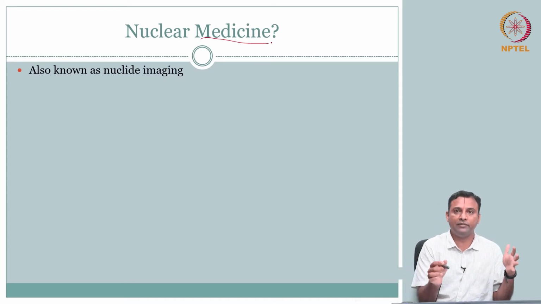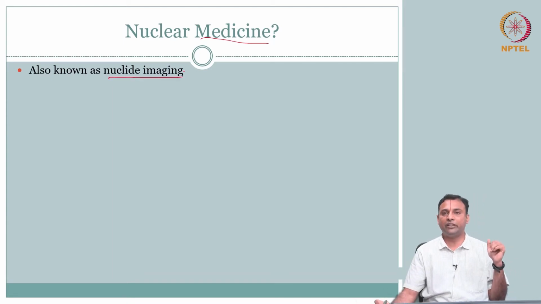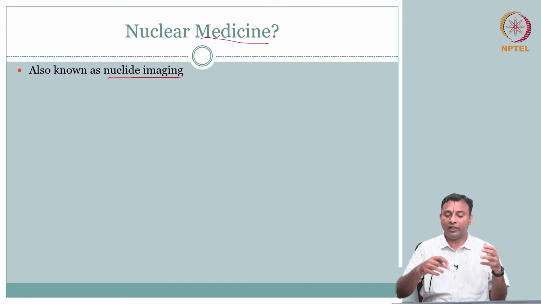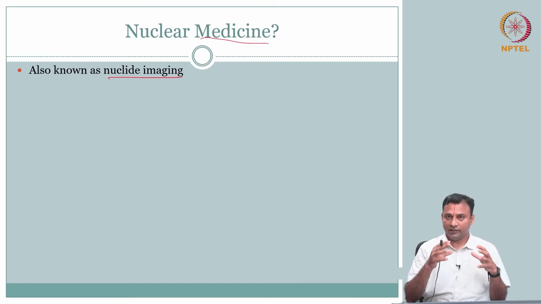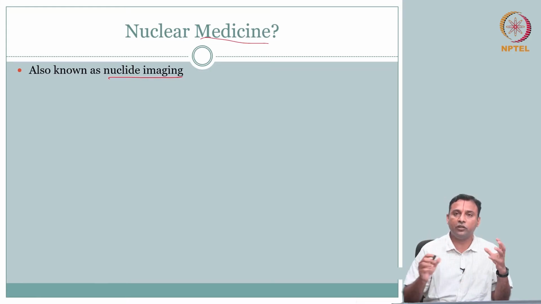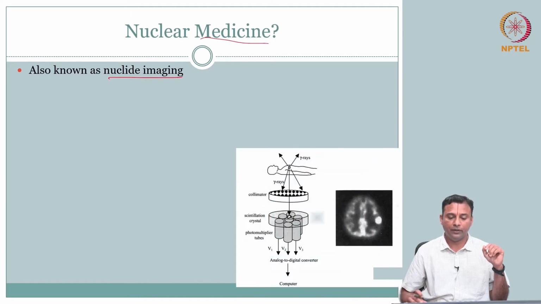But our interest, we want to look at it as nuclide imaging. So what is nuclide imaging? The name is very suggestive, right? Imaging of the nucleus. So what we did so far, we will again review that, but in the earlier modules about X-ray, we were more interested in the electrons, right? Now we should be more interested in the nuclear aspect of the atom.